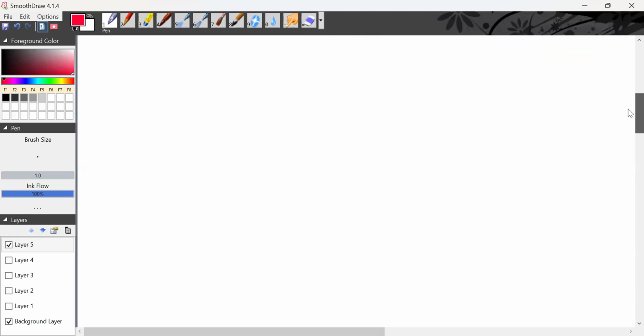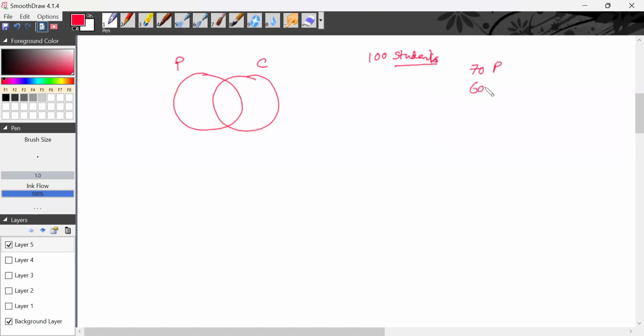अब आते हैं अपन Venn diagram set theory maximum. So let us take two variable वाला case. ठीक है? Let us take a two variable case. That is, suppose this is the number of students who like physics and this is the number of students who like, say, chemistry. These are the only two subjects, right? And there are total 100 students, right? Among them, 70 like physics, 60 like chemistry,